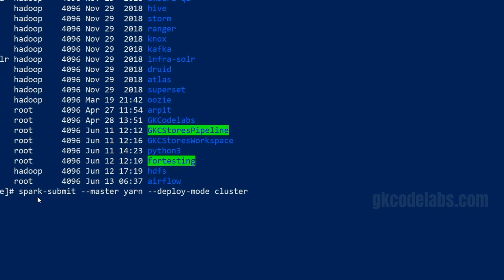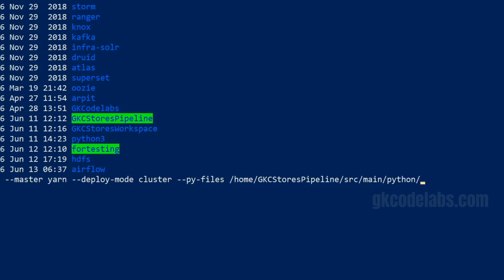Then as I told, we have to mention the py files, so --py-files, and the py files would be where we have our py files inside home, gkc stores, pipeline. I am pressing tab because the files are here, so it can automatically detect. gk stores pipeline src main python gk functions.py. Then with a space, we can give the actual job that we are going to run.